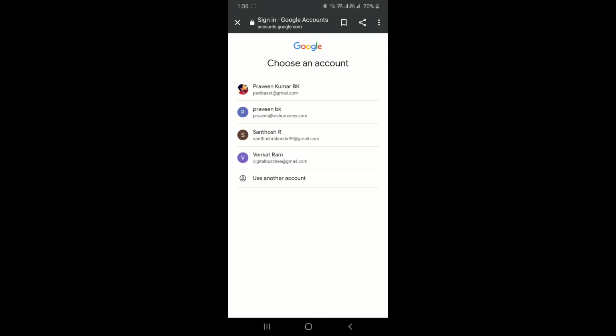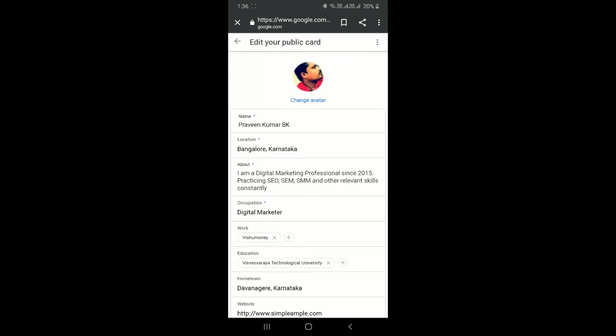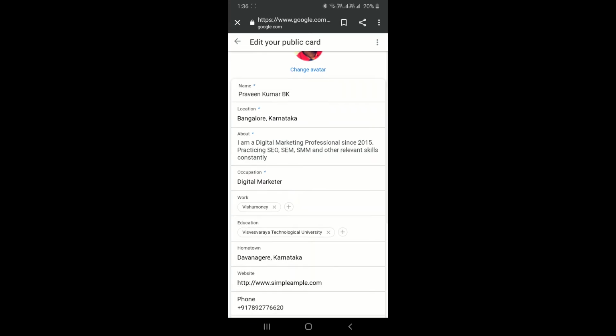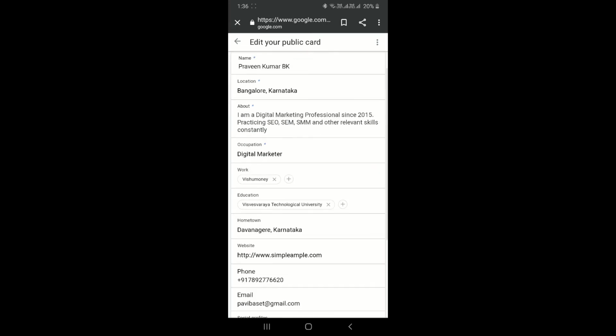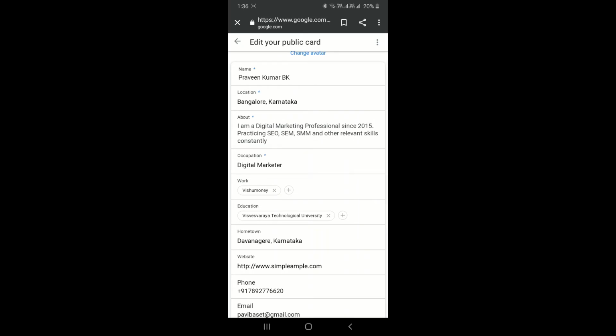As I mentioned, you have to make sure you have used your Google application by signing into your Google account. Without that, this will not work. So you have to log in, and only then will you be able to create this card. This card is meant only for the Indian audience right now, where Google has released this feature only for India, not across the globe.